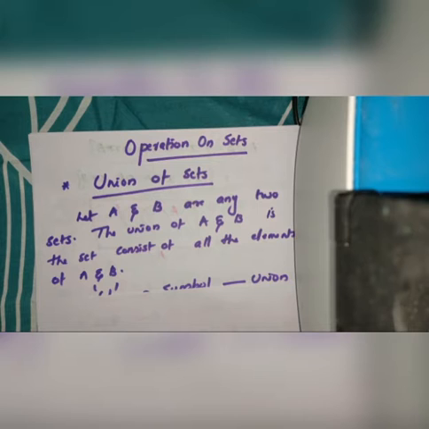From the name itself we can say that union means combining two sets, combining the elements of the two sets. By performing any operation on sets we require a minimum of 2 sets. So let A and B be 2 sets. The union of sets A and B is another set. The result is another set which consists of all the elements of A and B, and the repeated elements are taken only once.